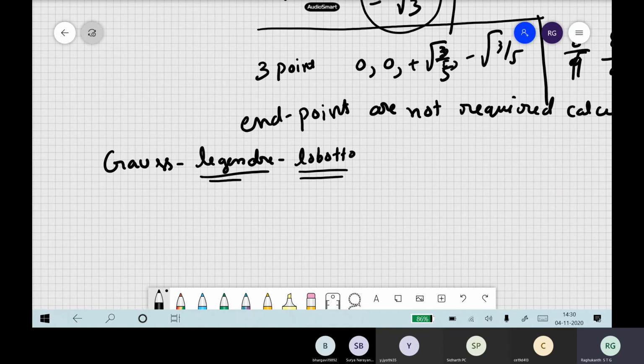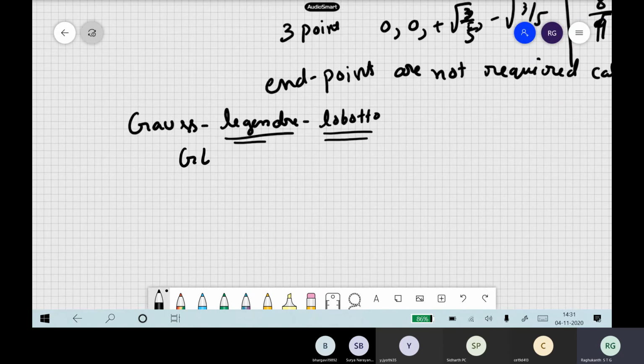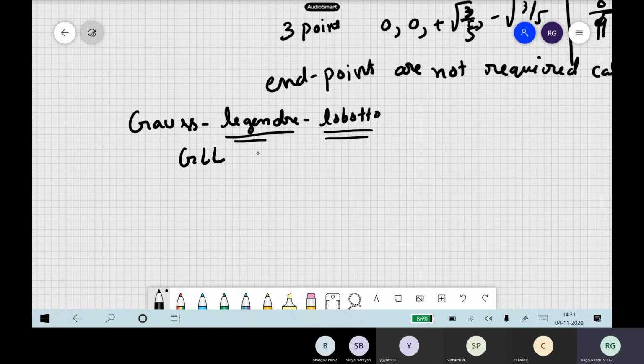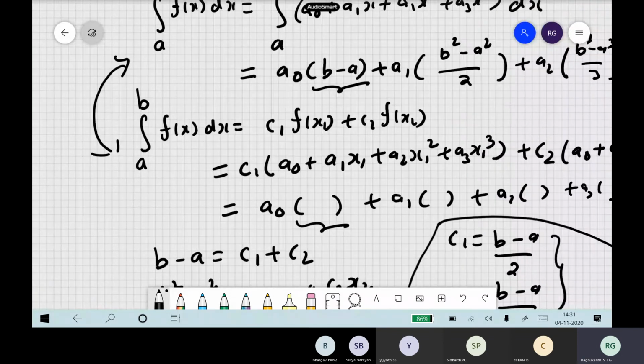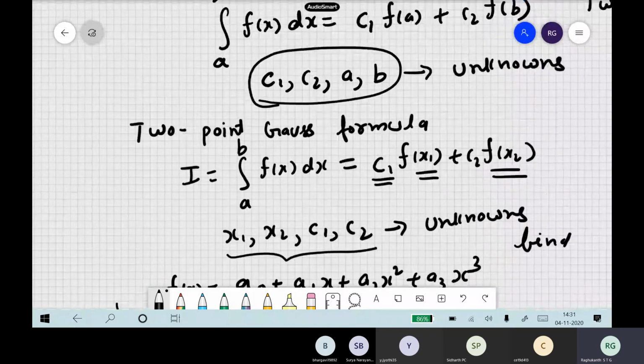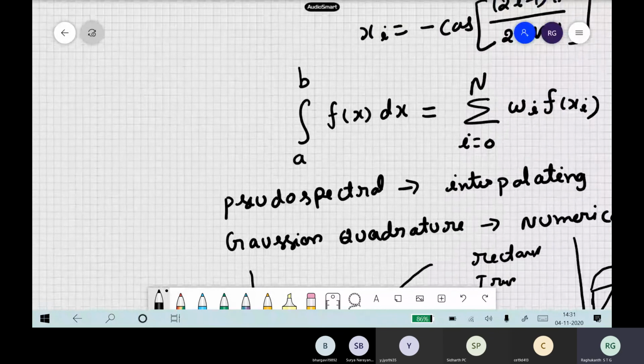So this is a special scheme, Gaussian GLL quadrature they say, where we will include even the end values in the calculations. We will discuss this in great detail once we come to our spectral element method also. Now, whatever the name, how this pseudo spectral scheme works, as we were already discussing, you followed, right?